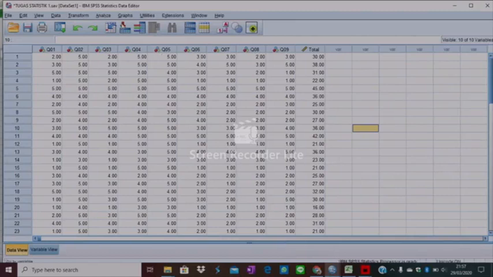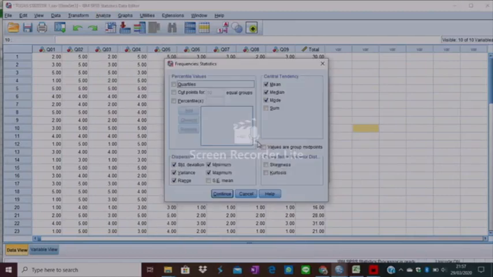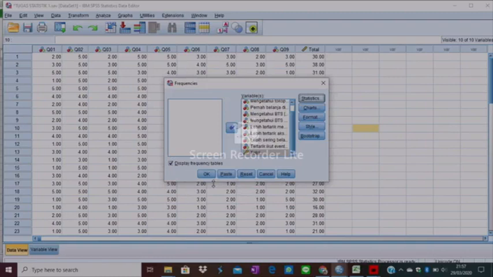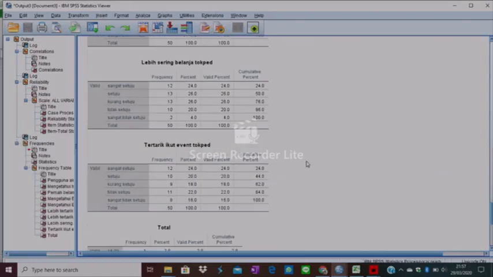Next, to univariate analysis, click Analyze, Descriptive Statistics, and Frequencies. Here, you check mean, median, mode, etc. And then click OK. And this is the result one by one for each variable. And next,